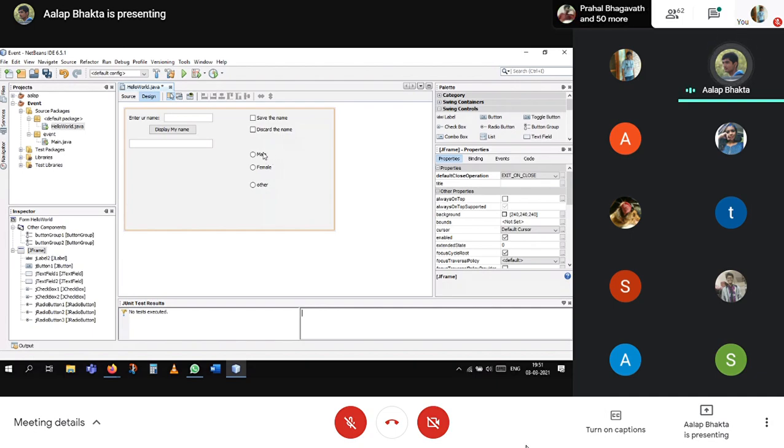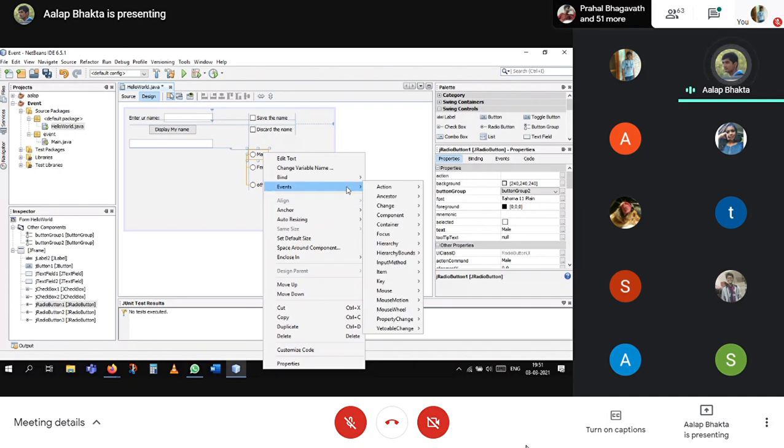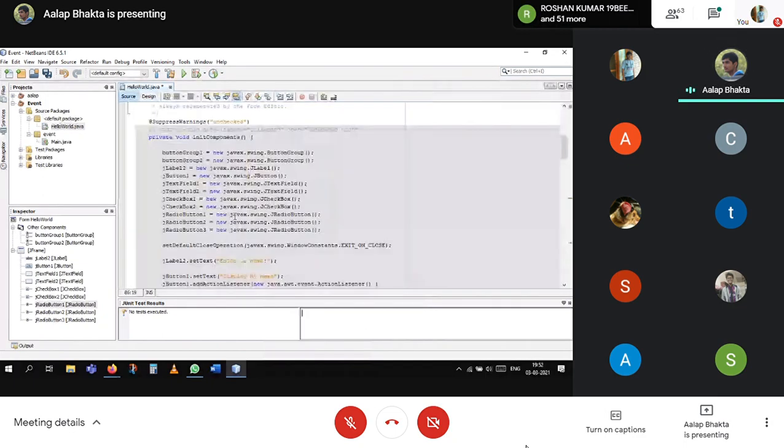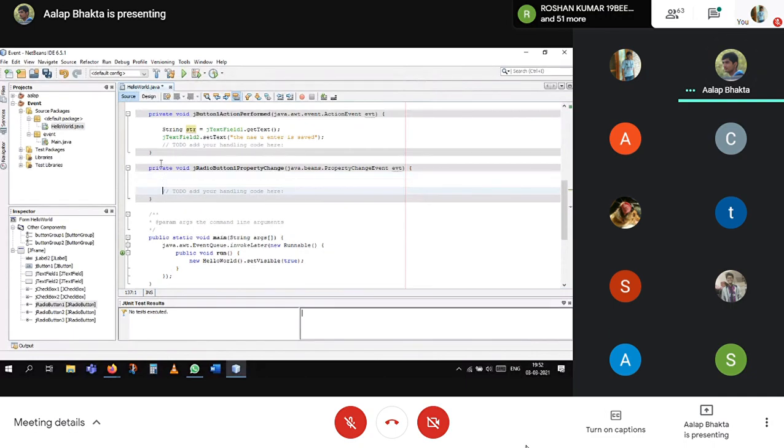Right click over here, go for events, then there is propertyChange. Go for propertyChange. Property change means it goes from checked to unchecked or unchecked to checked, so the property or state of the component is changed.